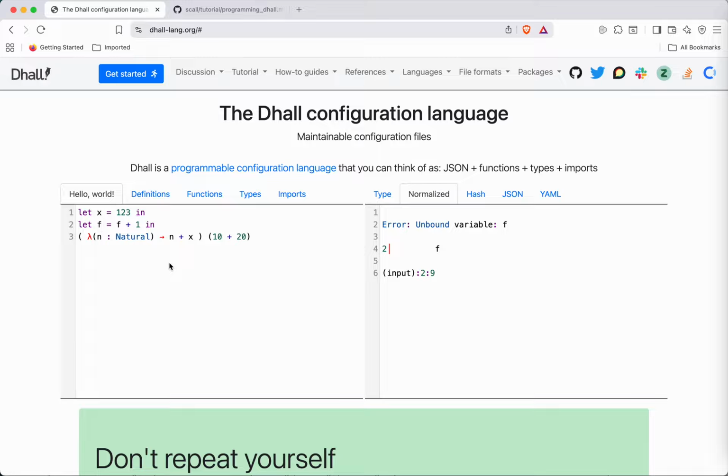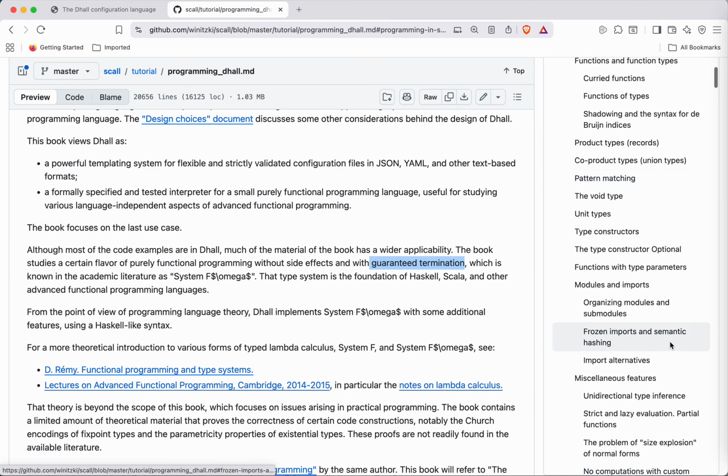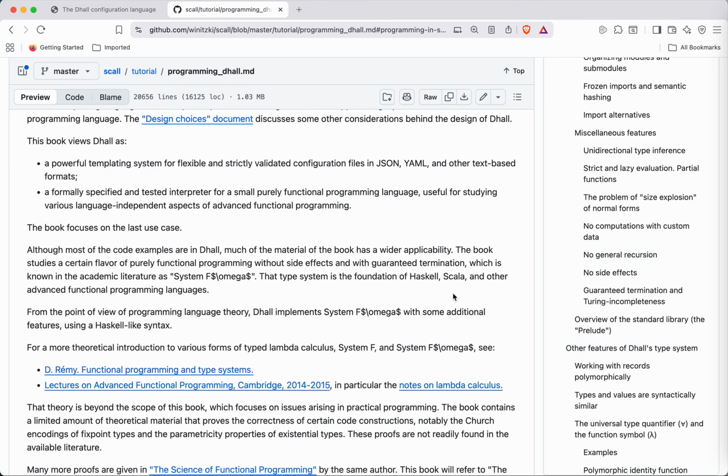The advantage that it gives you is that everything is terminating. You cannot have unterminating recursion or infinite loops. The downside, of course, is that you need tricks to encode any sort of recursive algorithms, which you can do. You can absolutely encode recursive types and recursive functions, such as what you would like in functional programming.